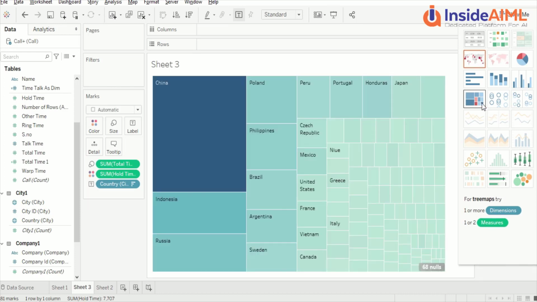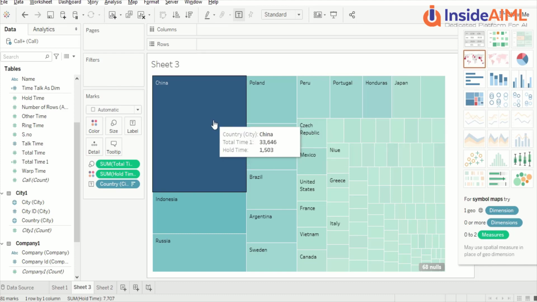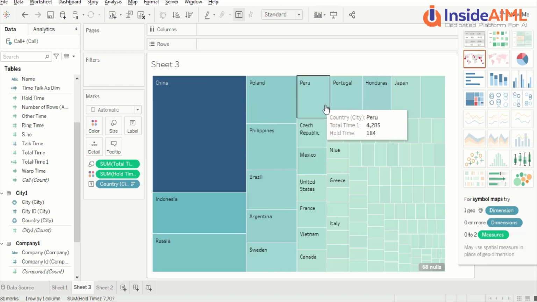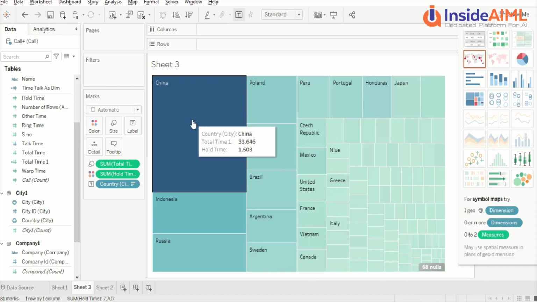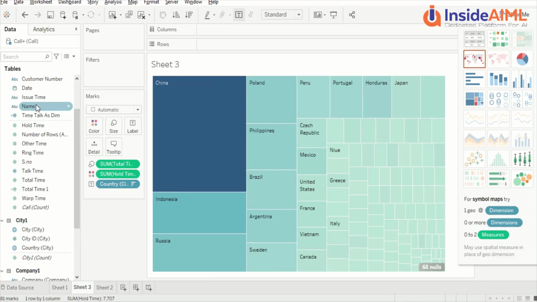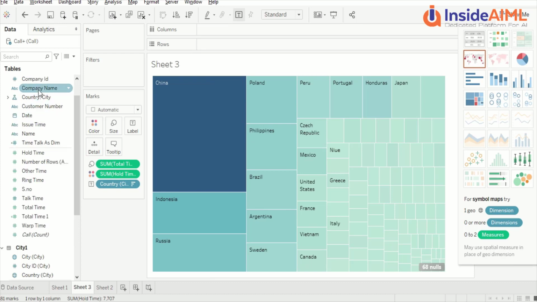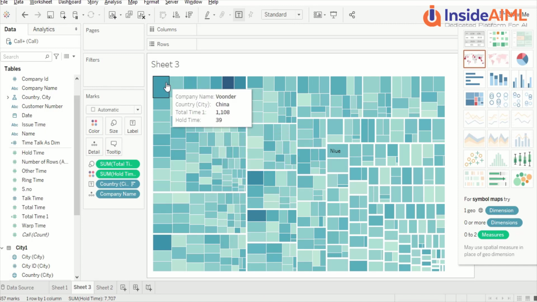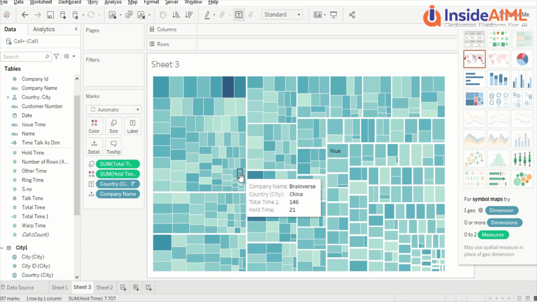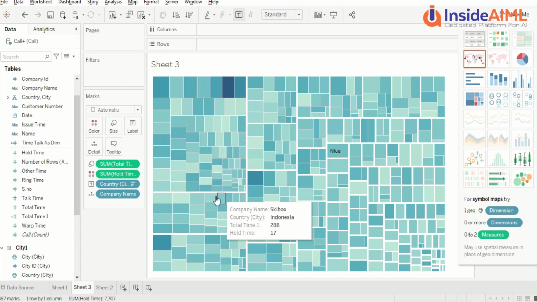Now when we come back to the tree map visual, this is kind of a horizontal pie only, if you ask me. Till the time we are using one field, there are multiple pies inside this visual, kind of a horizontal pie. Now if I drag one more, let's say company name, now look at this visual. So this is basically inside the country. Now the companies are there, so each one is a kind of pie. This is the beauty of the tree map.